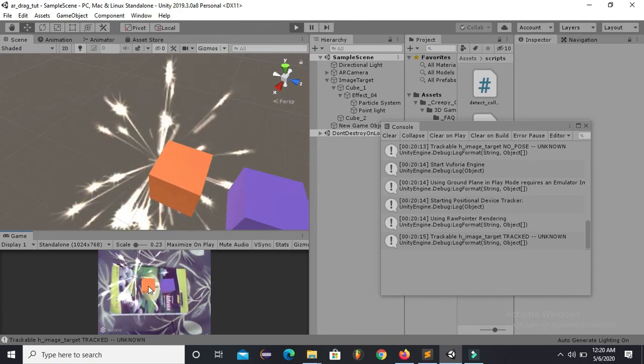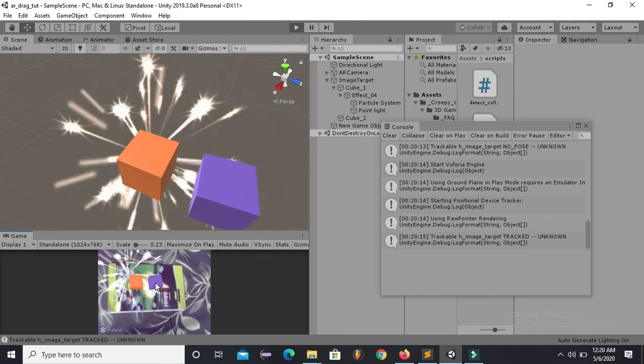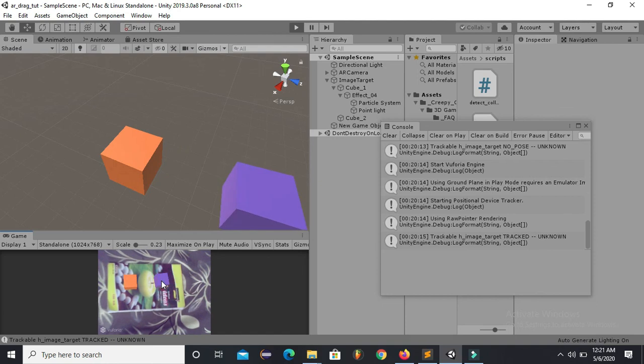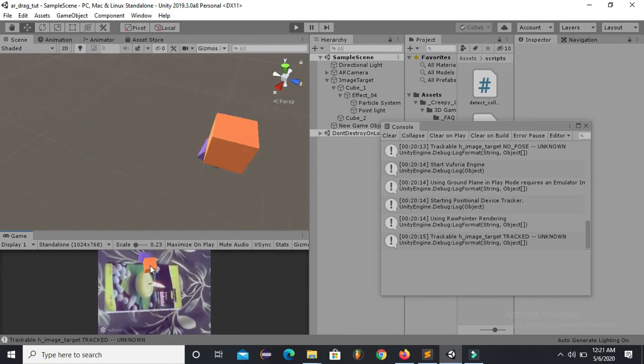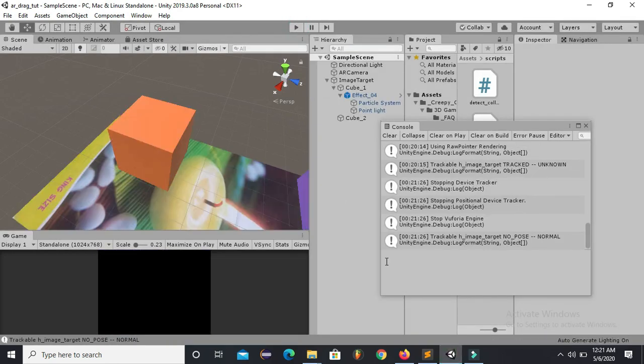So you can see that whenever I'm taking this object close to the other object, the particle effect is getting played. So you can change this value. This is the offset value which I've already shown you. You can change its value to very low. You can go with 0.001 so that it seems to be real. It will be looking more realistic. So now if you push it from the surface, this will fall down, and after 1 second it will get destroyed. So now we are done with all the things.